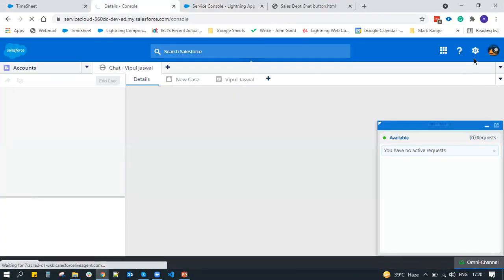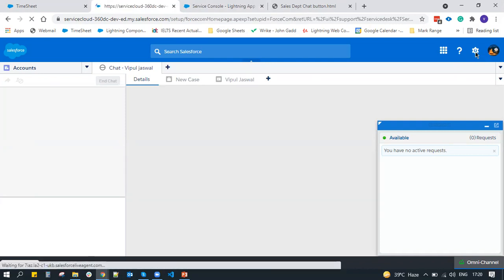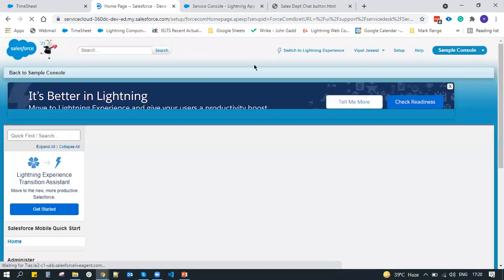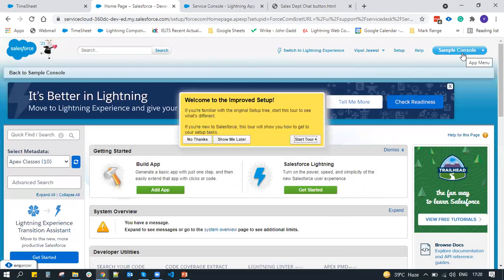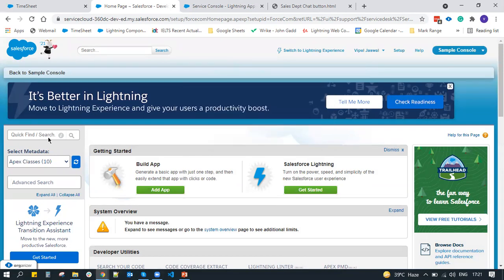We'll go back to setup. For that, first of all, let us study how to set up this live agent. Okay, we will go back to classic environment. From my perspective, I consider classic the best way to set up the chat, because in here the experience is very fine, and in lightning I feel a little bored working with the lightning environment. So I switched to this classic environment, and in here the first step that needs to be done is to search chat in the setup menu.